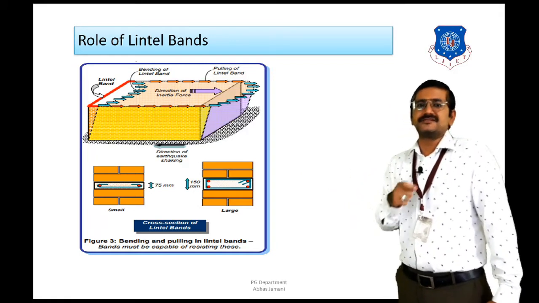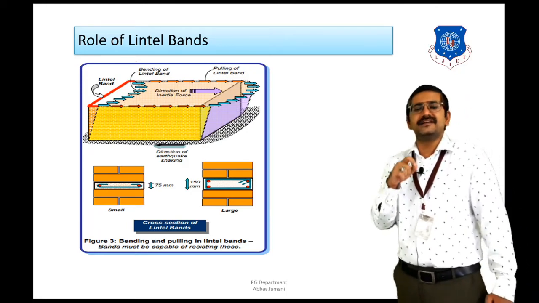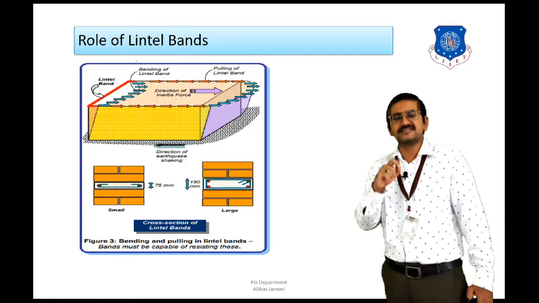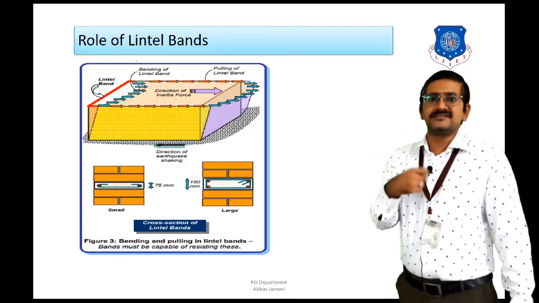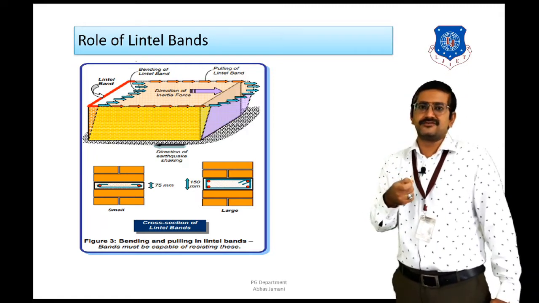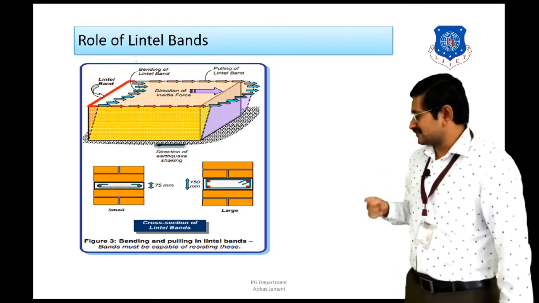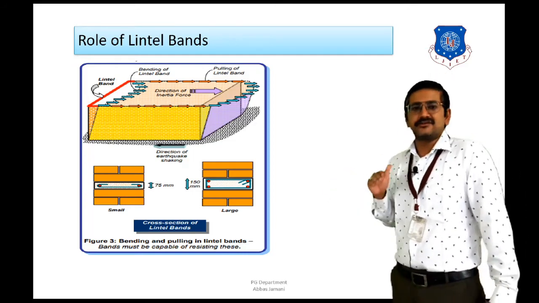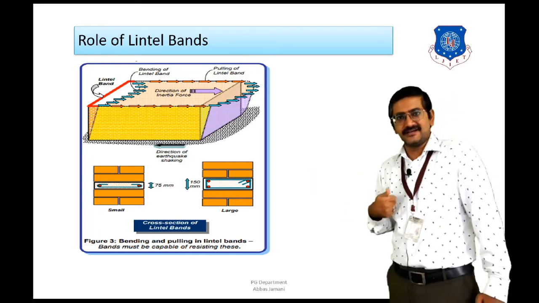Right, inertia force is a product of mass into acceleration, where mass is going to be the dead weight of your structure, or the seismic weight of your structure. So the more the dead weight, the more the seismic weight, the more the generation of lateral forces, and the more the transfer of lateral forces to the building. Right. So now what is shown is that due to the application of this horizontal load in one particular direction, inertia force is generated in the other direction.